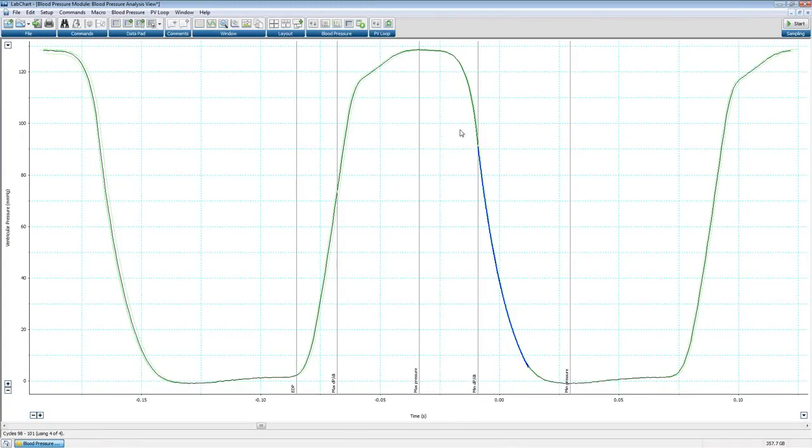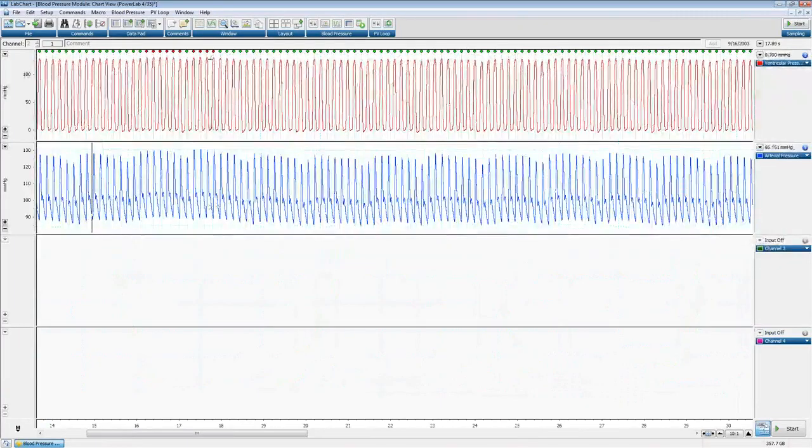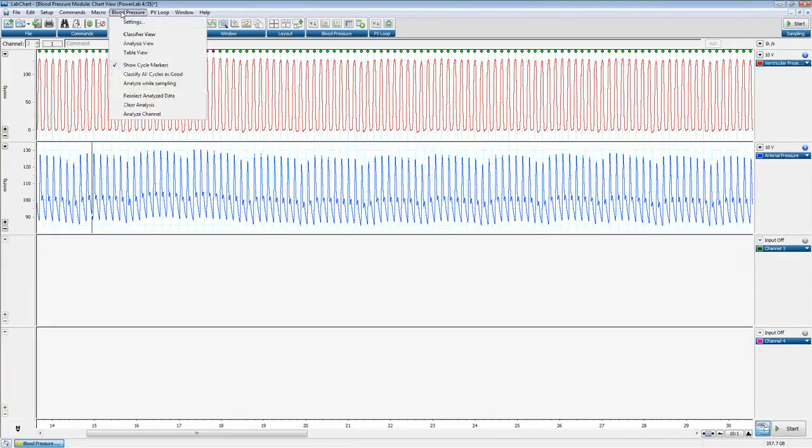So this is great to look at, but I want the raw numbers. I want to pull this information out for my different cycles and my different averages. And the way we would do that is to go to blood pressure and go to the table view. Once again, you can also get to the table view and also the analysis view via the toolbar icons. Left click,